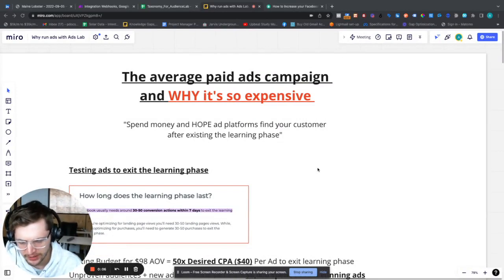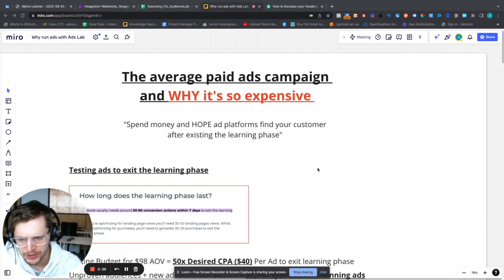Now, before I get into this, I just want to put a little disclaimer out there that I am a huge advocate for just keeping things simple, particularly when media buying or running paid ads. I think that so many people overcomplicate it purely just because they want it to sound cooler than it is. And I really don't want to do that. So I want to explain this as simply as I can and talk to you about why we actually are using this strategy over just normal strategies that most people use in media.